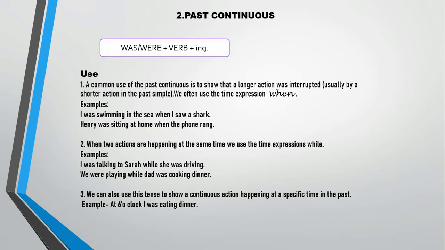Now coming on to the next form of past tense, that is past continuous form. How is this past continuous form formed, my dear children? How is it formed? How is this tense written, or what is the structure for this tense? It is formed by adding was plus V4 form, that is verb plus ing form, to the subject.